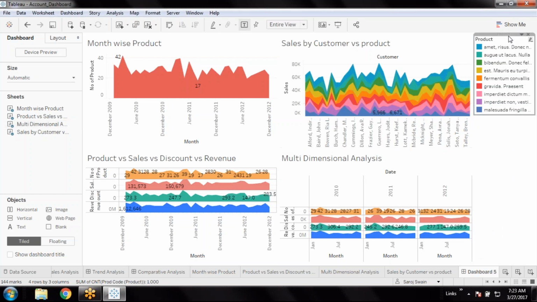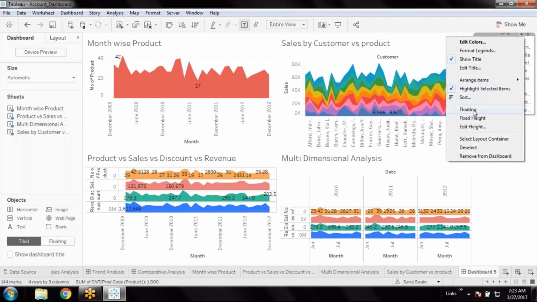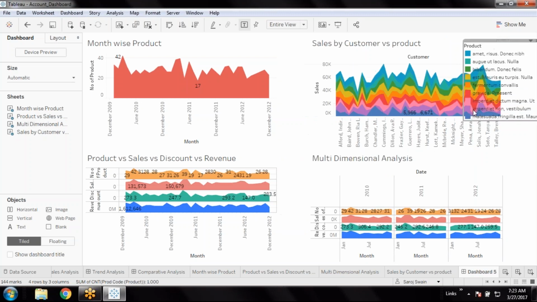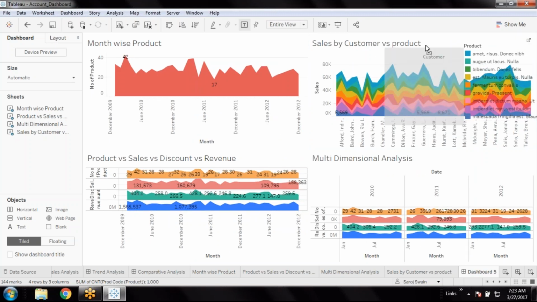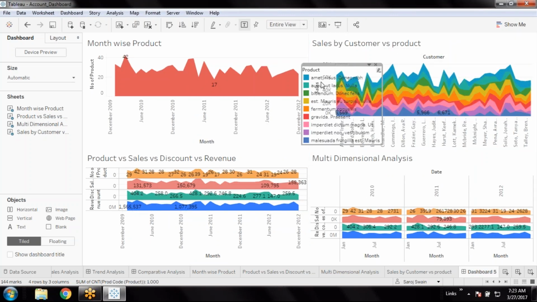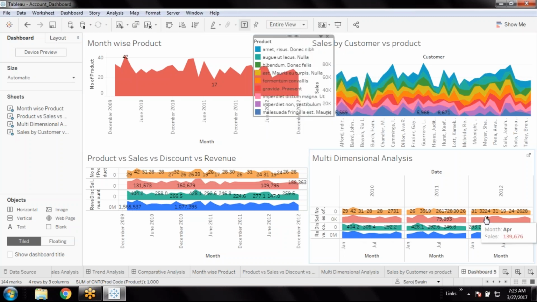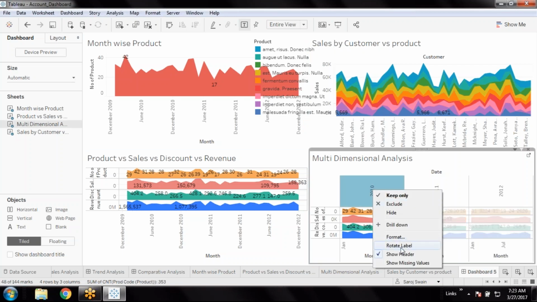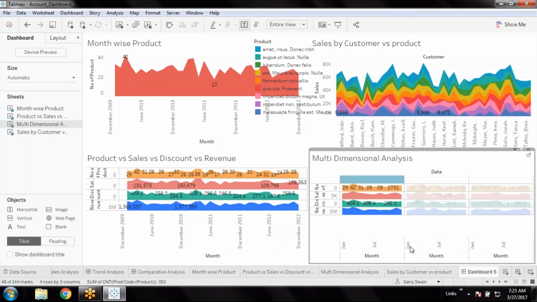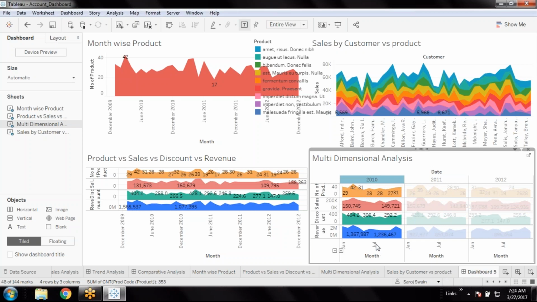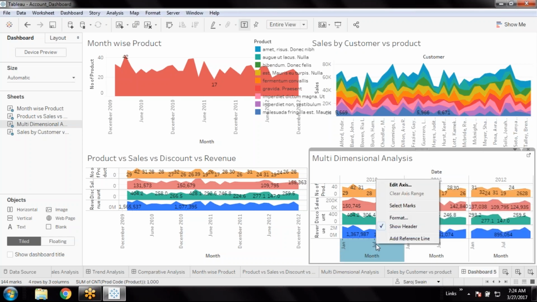Here it is showing the product label by color. What I will do is make it floating and not keep it in a fixed location. I'll decide where to place it. But anyway, I can see these charts have become so small because of this label. So I can rotate the label. Now it's getting some space here. I can also